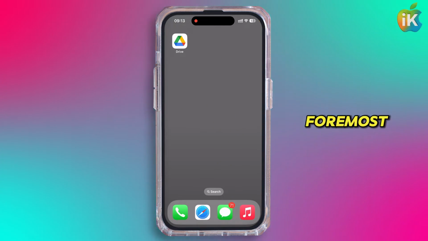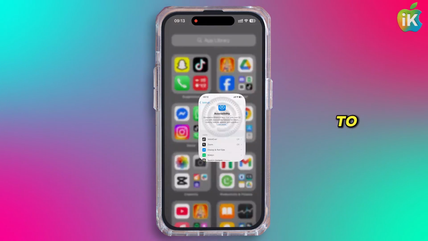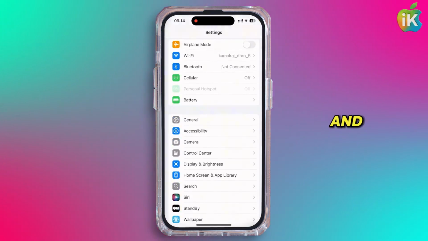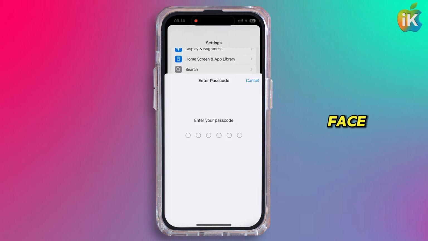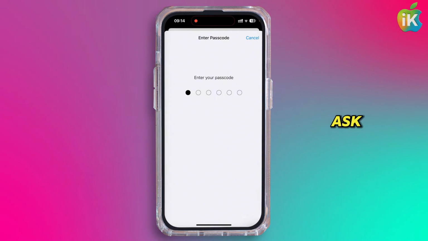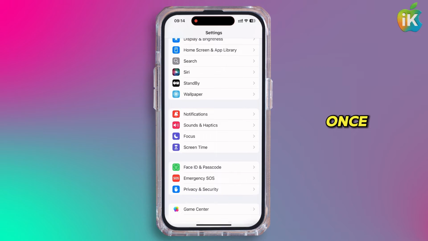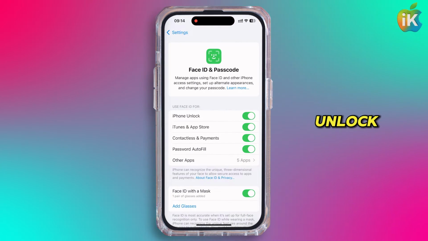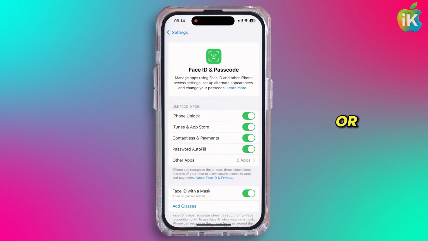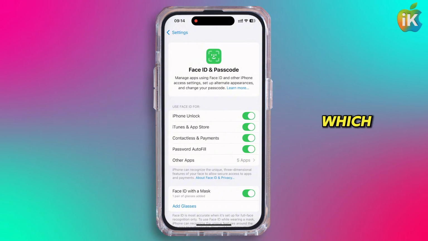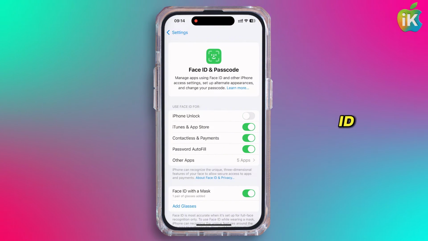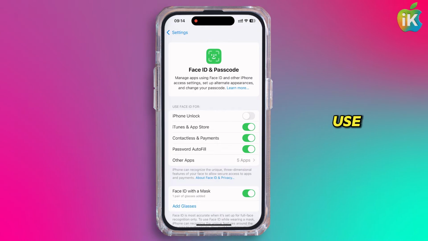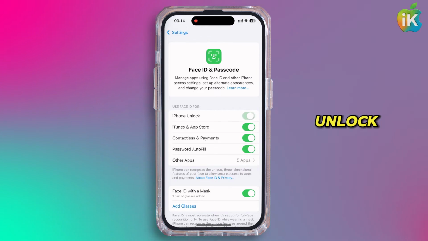So first and foremost, head over to your settings. Once you are on your settings page, scroll down and find the option of Face ID and Passcode. This will ask you to enter your passcode. Once that is done, make sure to turn off iPhone unlock. You can also toggle off the option for those apps in which you don't want your Face ID. So this is one way by which you can remove the Face ID and use passcode to unlock any application